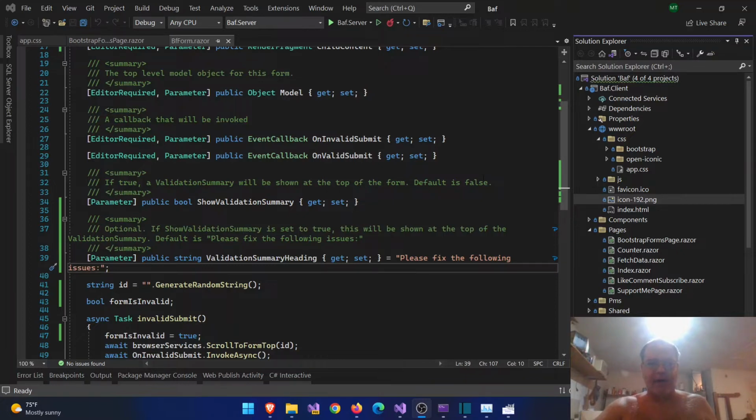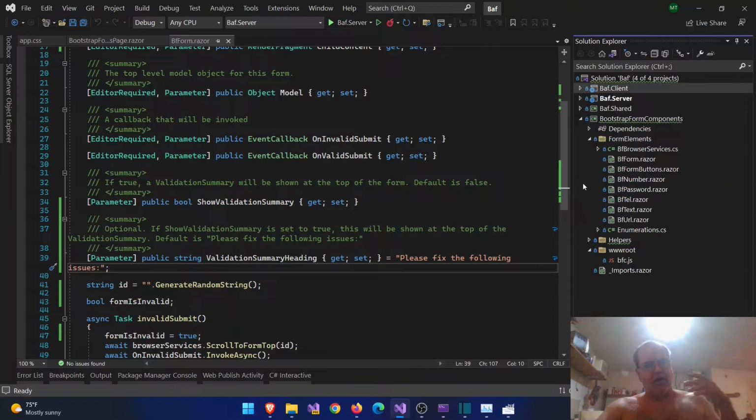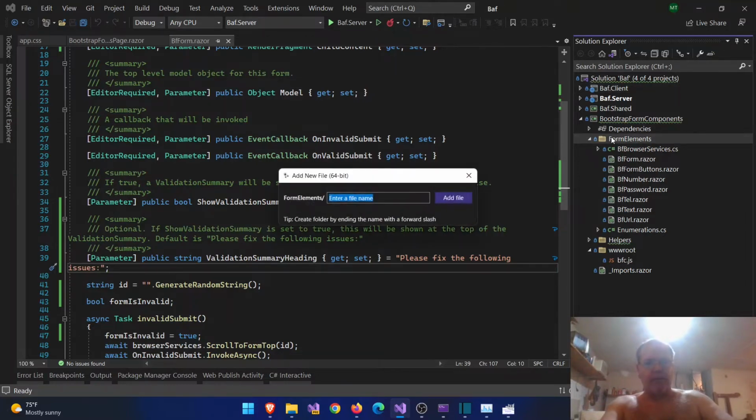All right, so for this, what we're going to do is, when you submit a form, and I'm sure you've submitted many, some websites will disable the submit button, maybe change the message on the submit button to "processing request" or whatever. Other websites block off the whole screen with a mask. So I'm going to go the mask route,